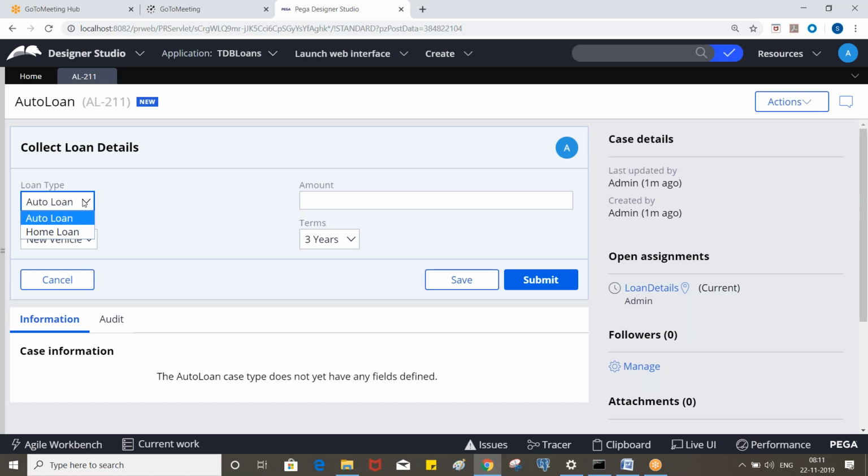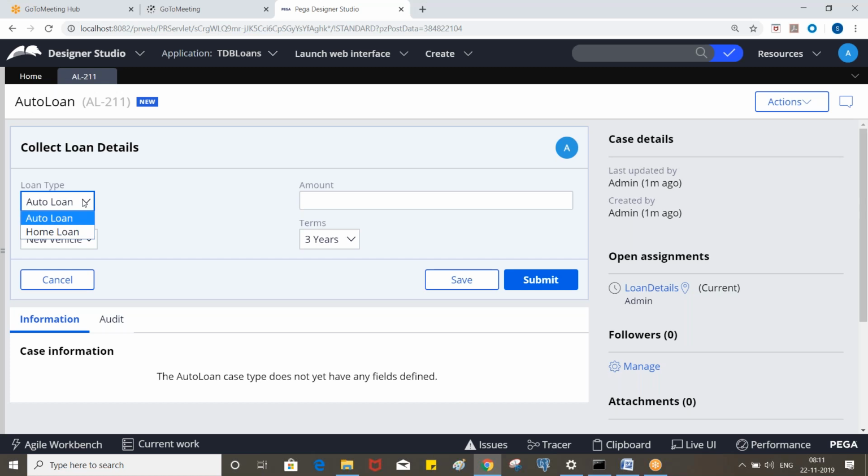So how can we set this value? We have a PY default data transform, right? So we can assign the auto loan value to the loan type property. In the home loan PY default, we can assign the home loan value to the same property.